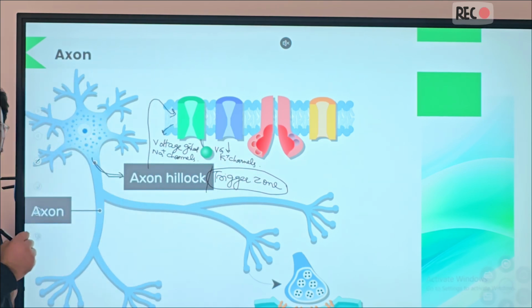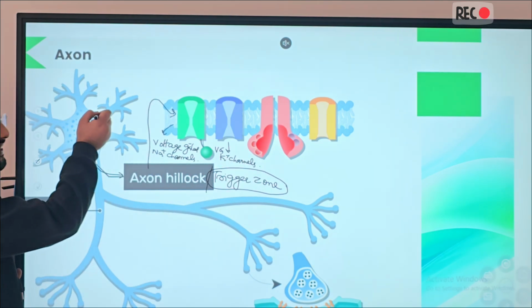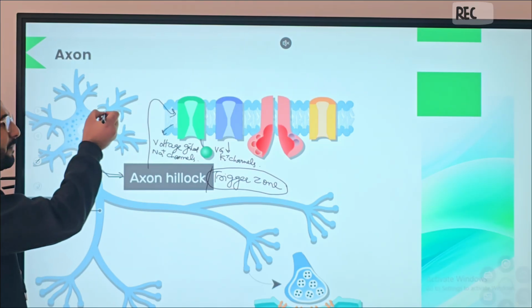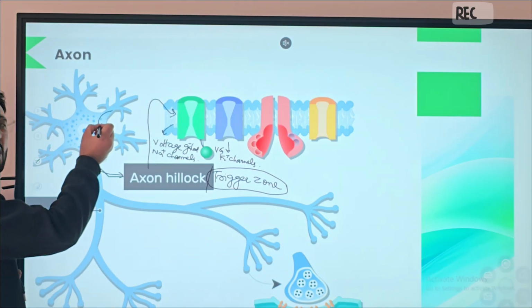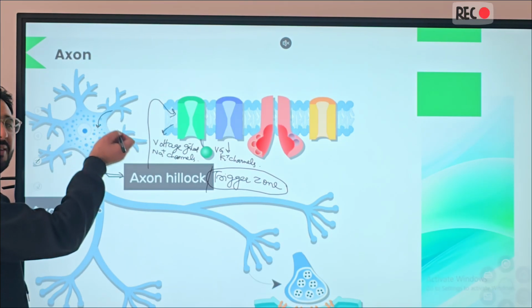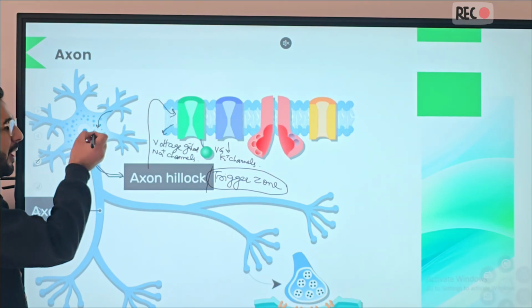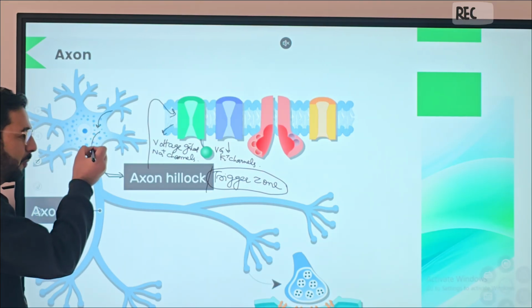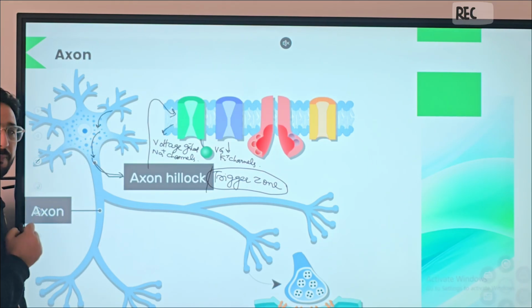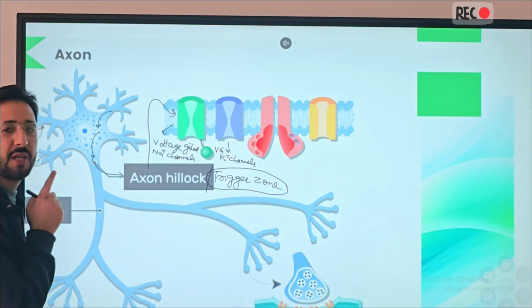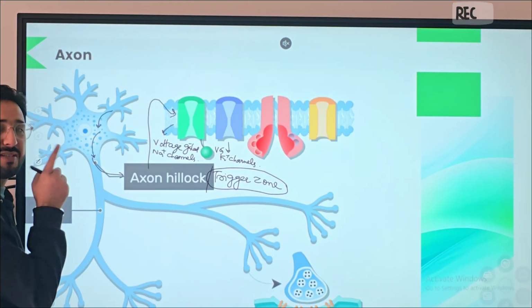Now what will happen is that we have generated the graded potential in the dendrites, which will be taken to the cell body, or we have generated the graded potential in the cell body. That graded potential from the cell body will move towards the axon. Once it reaches the axon hillock,